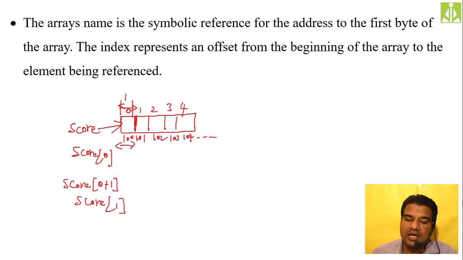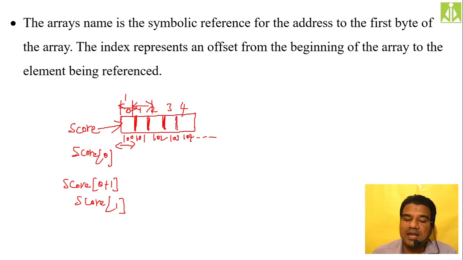In order to access the third element, you have to reach this wall. So what you have to add, only two: this offset and this offset, so that you reach the third element. Now you are in the third element, which is nothing but the second index. In order to access the fourth element, you have to reach this wall, and that wall is 3 elements away, 3 offsets away. So simply add 3 to 0 to get the fourth element. That is nothing but score of 3, which will become your fourth element.